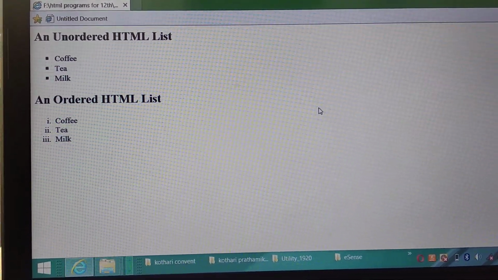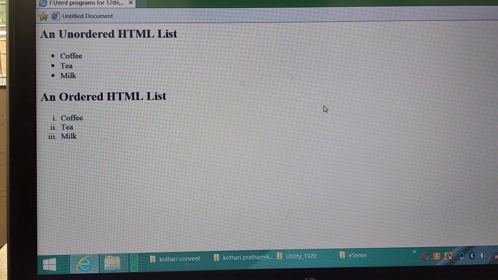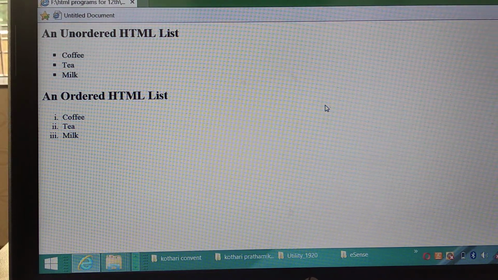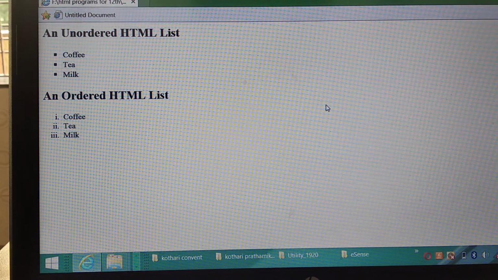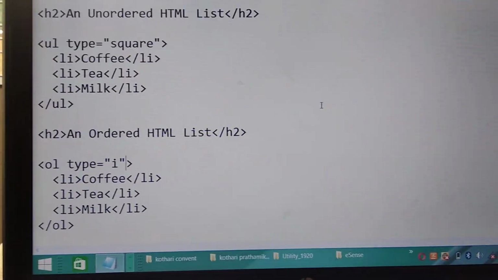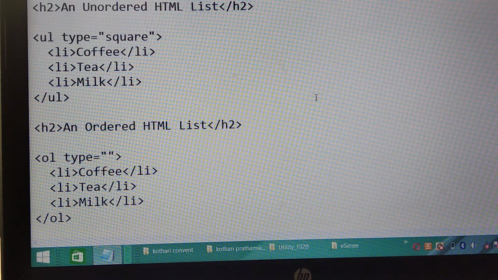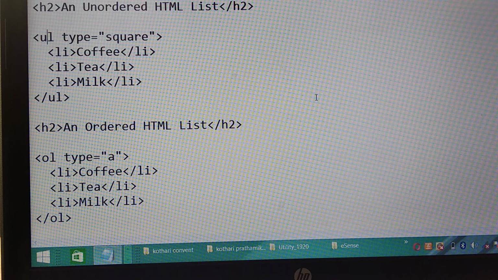So I hope you already understood the concept of ordered list and unordered list in HTML, and you will do different practicals related to that. Just you can change the type A, and here I am changing the type to circle.